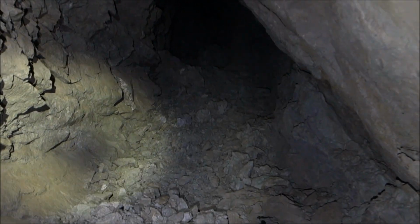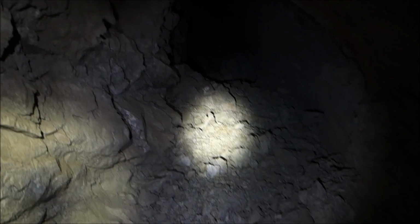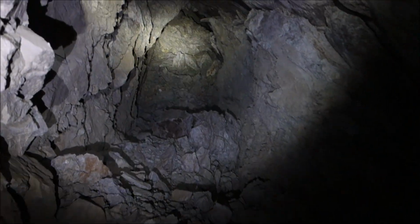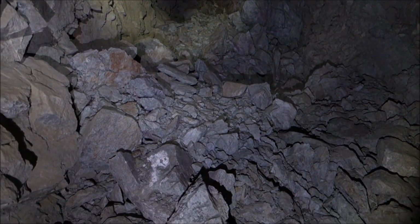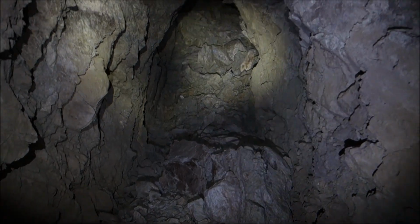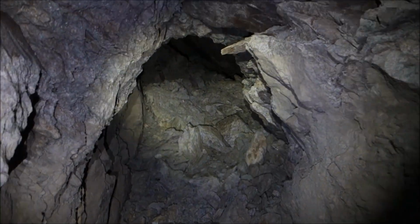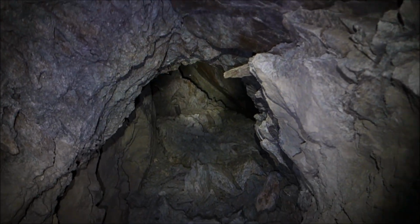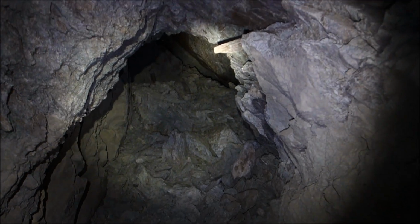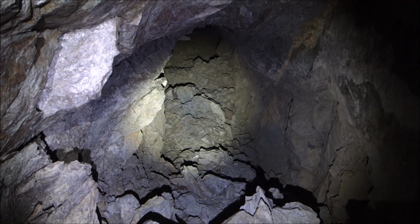A little rough in here, so please bear with the shaky camera work. Yeah, this is definitely more rough in here. However, it looks like the adit may keep going back there. I have to squeeze in there and check. This is really rough, guys, so I'm going to turn the camera off to squeeze up there, and then I'll rejoin you up there. Okay, guys, picking up where I left off. I was down there when I turned the camera off, and then